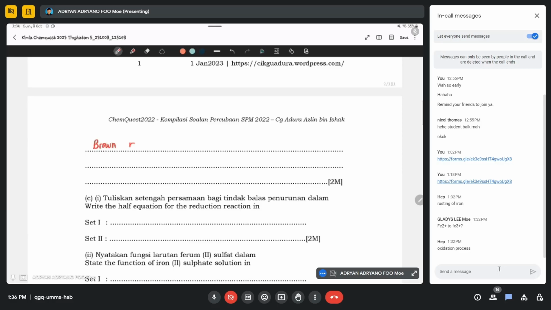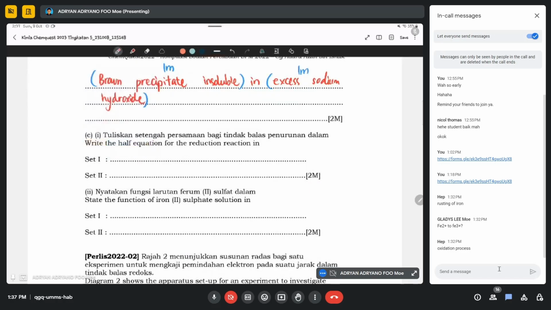Brown precipitate insoluble in excess sodium hydroxide。Okay，你看到什么？你看到 brown precipitate insoluble 1 mark。Another mark you explain in excess sodium hydroxide，你就 2分了。这个就没有办法，这个你要去背啦，它的那个 anion test、cation test sorry。